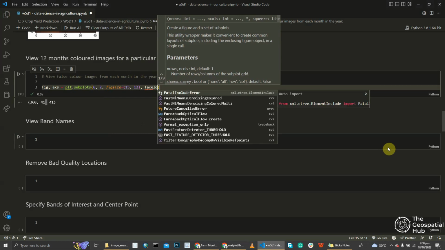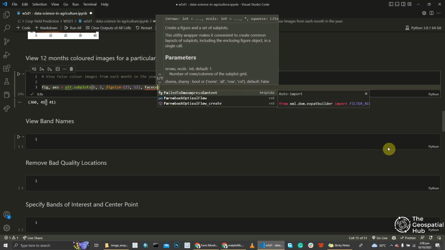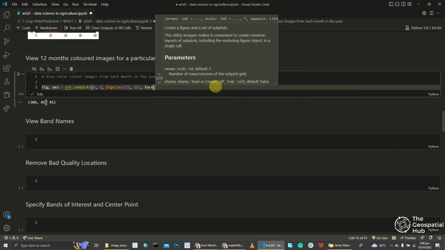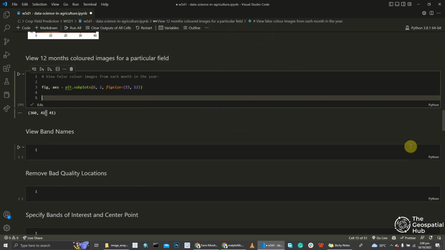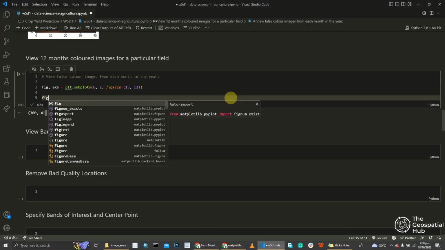Face color. All these are not really necessary though. They're not really necessary. But if you just want to know more about it, you could. I don't know why this is still loading. I guess it's the network. You could just go into the Matplotlib documentation and then read more about subplot. So we have